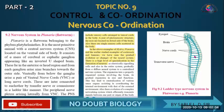So the ladders will be formed one by one. This structure looks just like a ladder, connecting the transverse nerves to the nerve cords. Both the nerve cords will be connected. The peripheral nerve plexus arises laterally from the VNS. So this is the brain, this is the nerve cord. On the other side, the peripheral nerve plexus arises on the lateral side of the VNS, meaning the ventral nervous